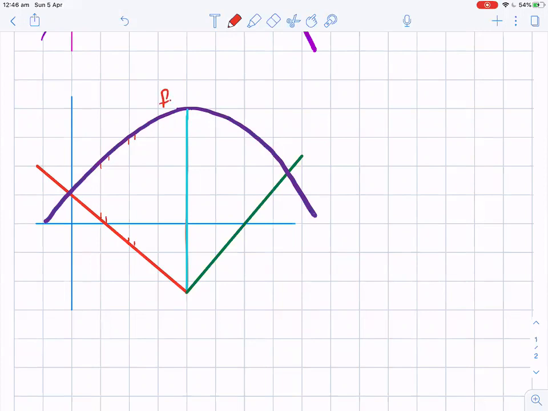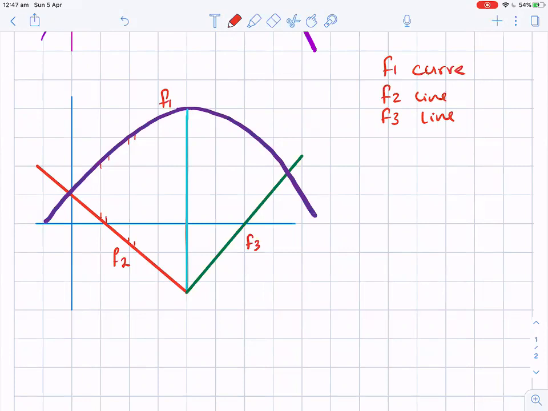I'm just going to call it F1 to make it easy when we talk. This is F2, and this is F3. F1 is a curve, and F2 and F3 are both lines. To find the area enclosed or bounded between F1, F2, and F3, the curve and these two lines,